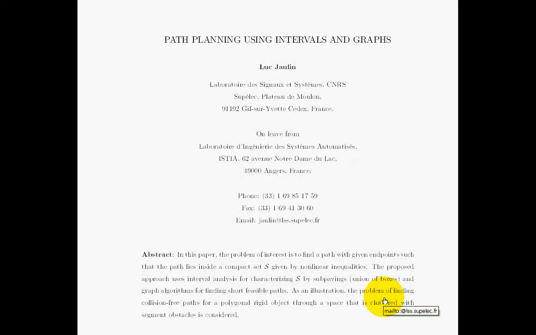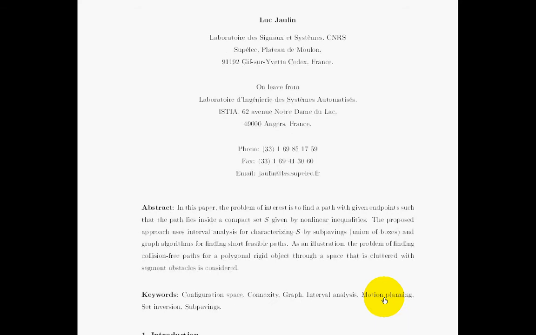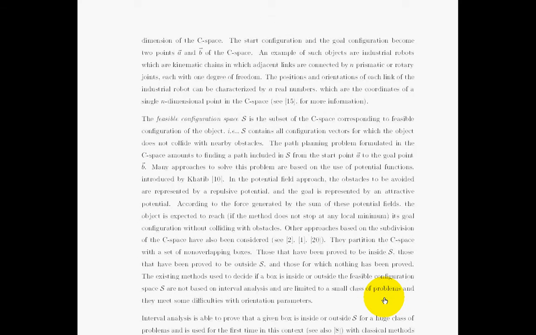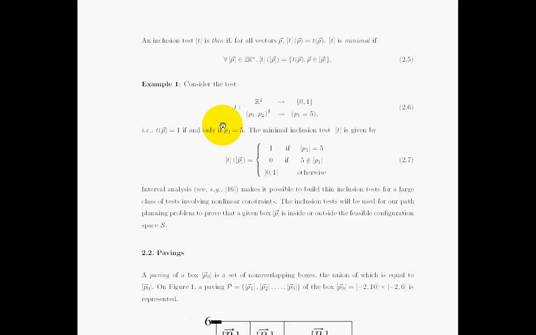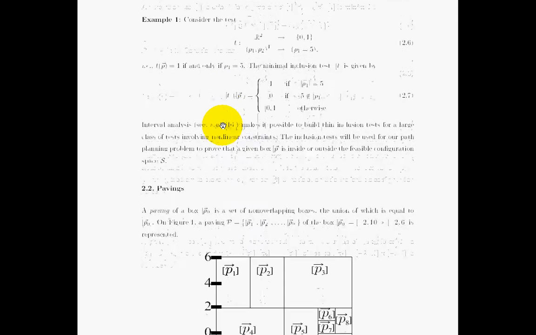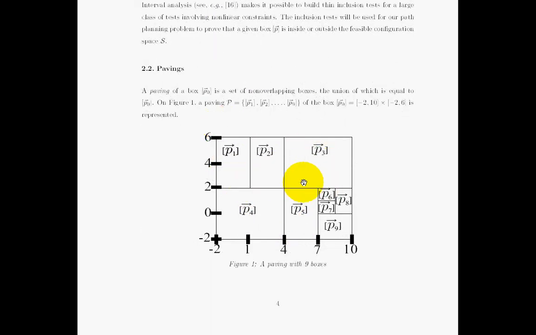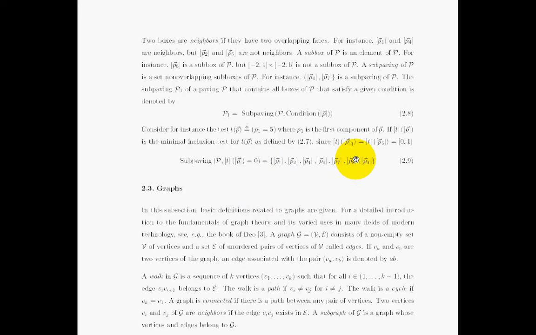In this paper we consider the problem of moving one object from one feasible point to another. You have the notion of configuration space, which I will show in the demo, and the idea is to build a graph of boxes. So here you have connected boxes. If a box touches another box, they are related by an arc. If you have, for instance, this set of boxes, we can associate a graph, this graph for instance.